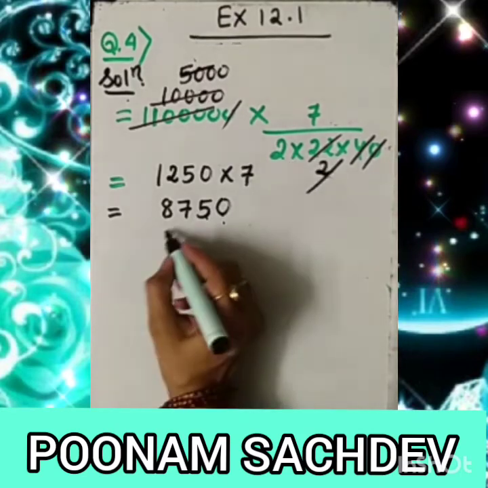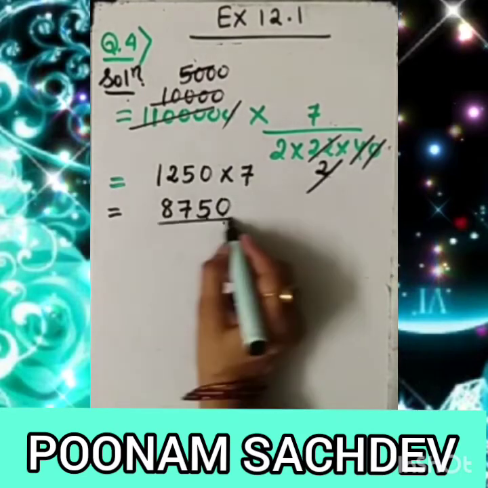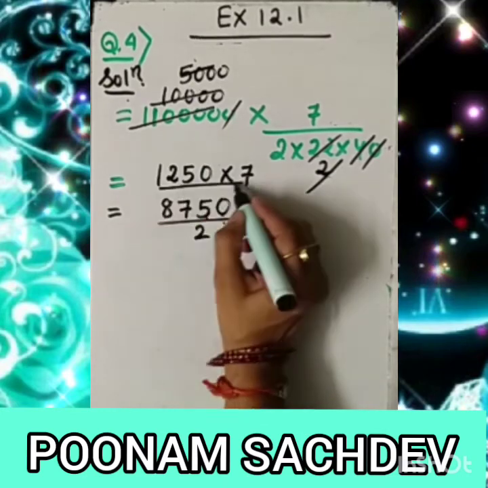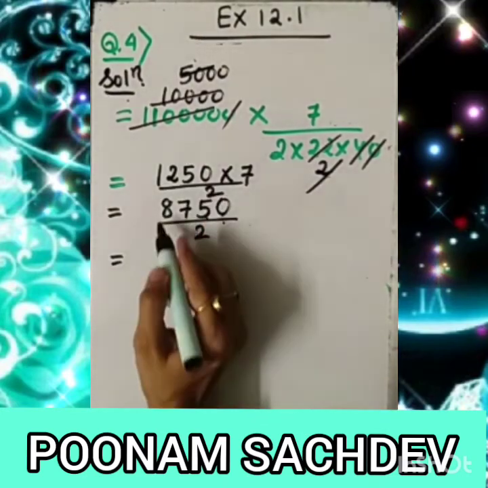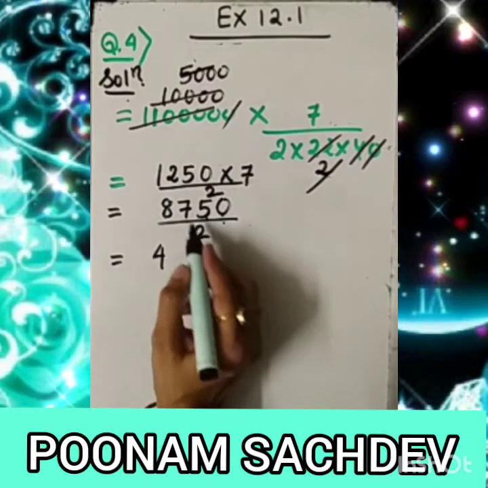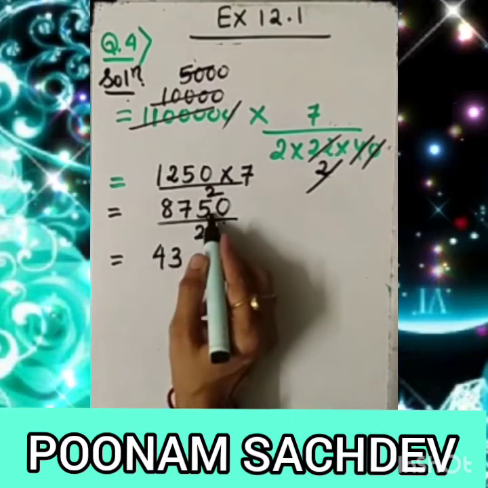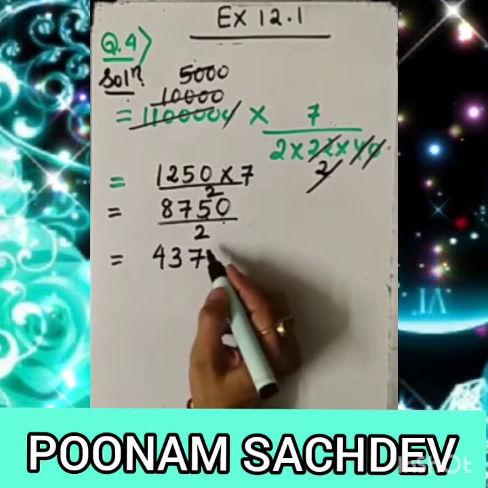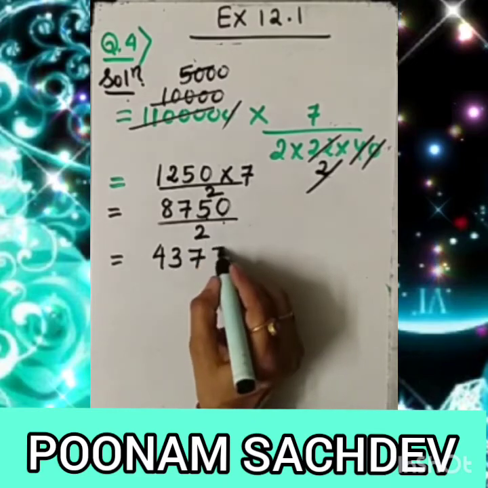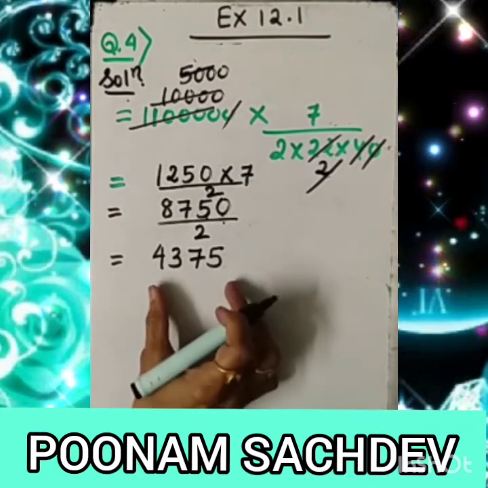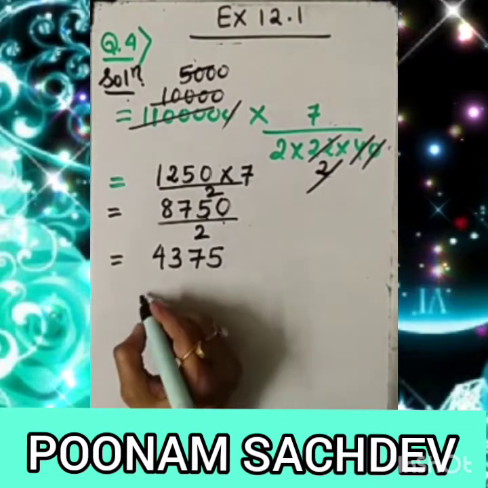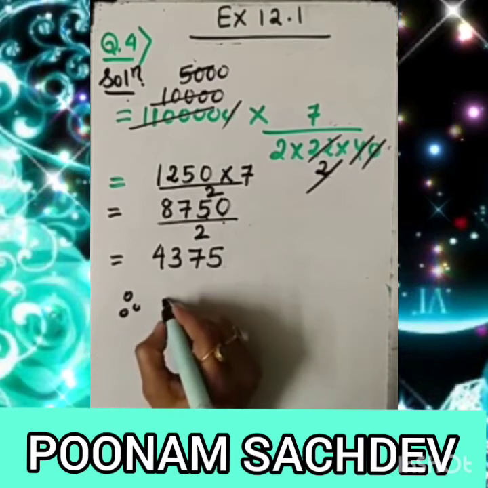I think, yeah, still there is a 2 there, no? Sorry. So I am dividing it by 2 also. Okay, so half of this we need to bring. So 2 fours are 8, 2 threes are 6, 15, 2 sevens are 14, and 10 means 2 fives. This will be the answer. And the unit, this is the number of revolutions. So the final answer we need to write here.